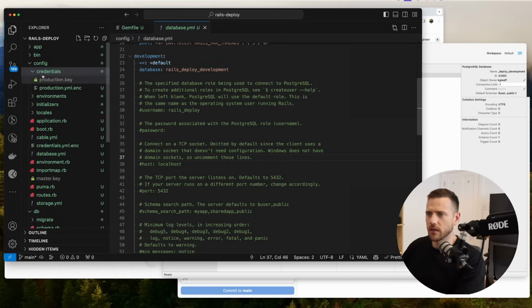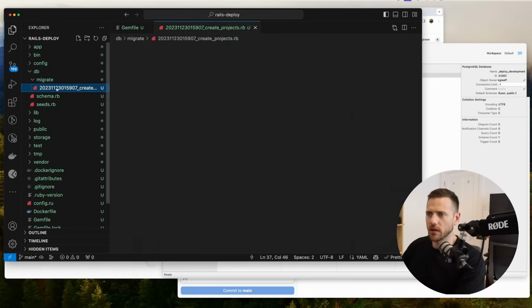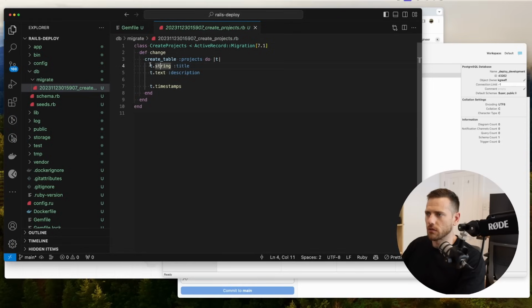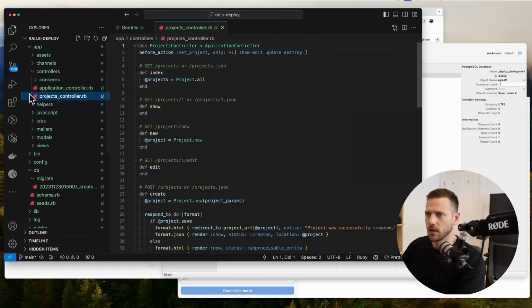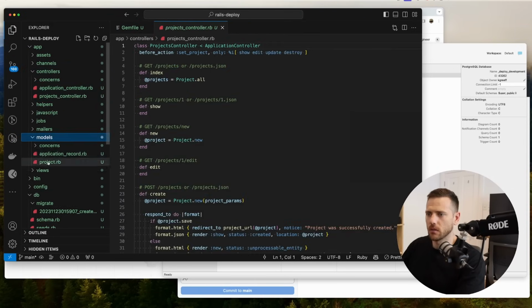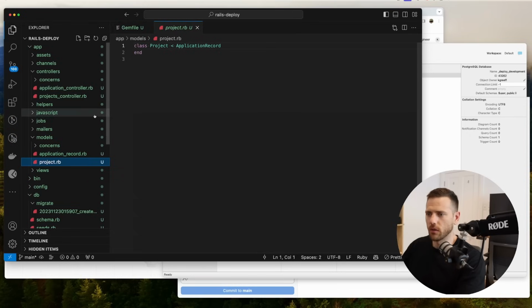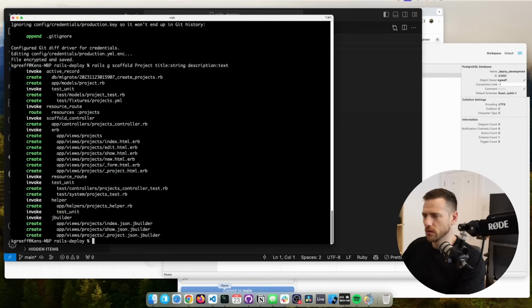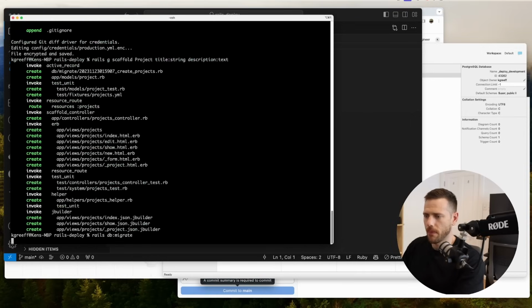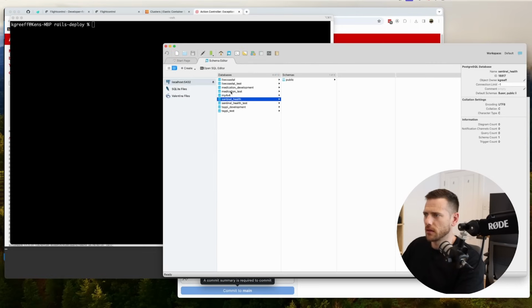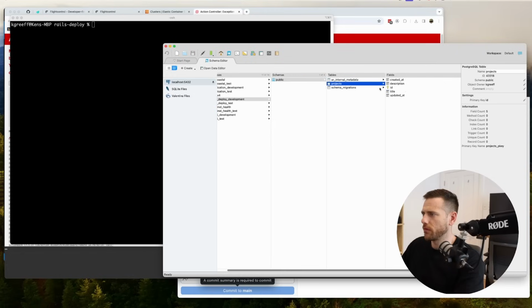Now what you'll see is inside of our migrations, we're going to have now a new migration already to be run, which is going to create a new table and add these two things and timestamps. And it also creates our controller in here. It's also created our model in here. So it's done all the work for us. All we need to do is run rails db:migrate. All right, so now what you can see is we have our new database here and we have projects here